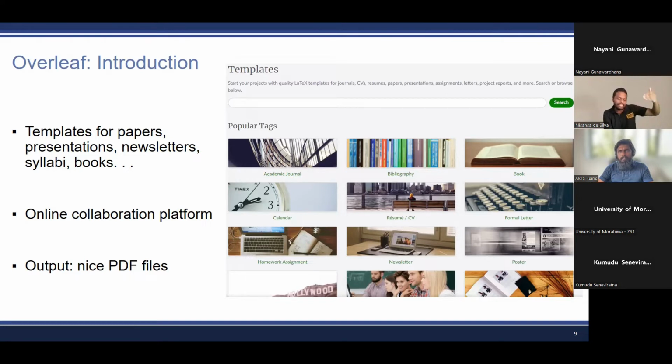How they are arranged in the back is often messy. But the good thing about LaTeX is that even the back end of the PDF files, the things that you do not see inside the PDF file, are organized and very clean.